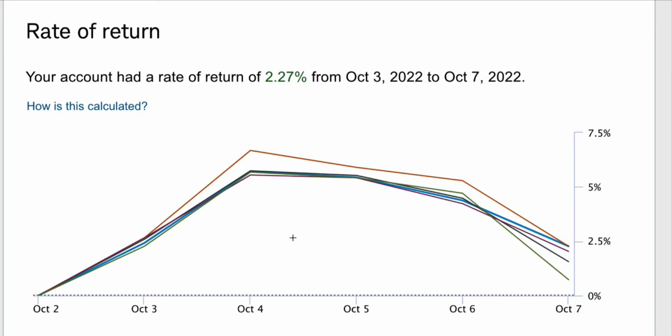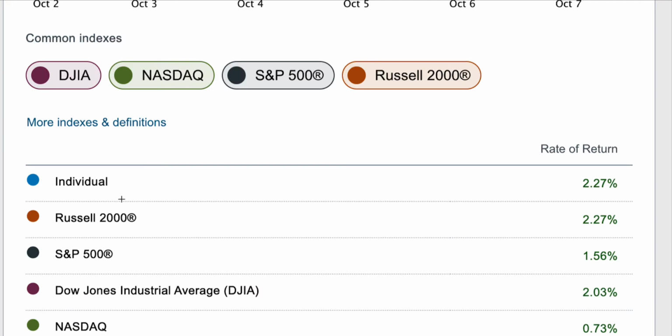And these lines also indicate, as you see multiple lines, how I fared against the other common indexes. And so as you can visually see, I'm right there. My individual stock picking is right there with, for the most part, the other common indexes. So my individual stock account,